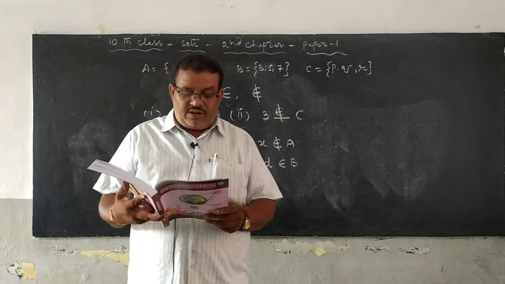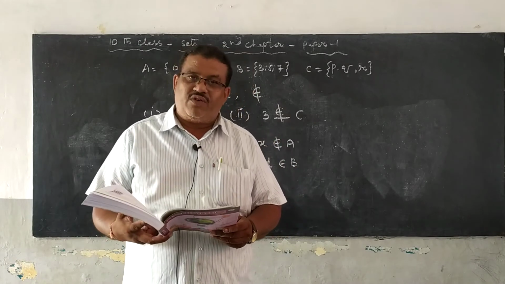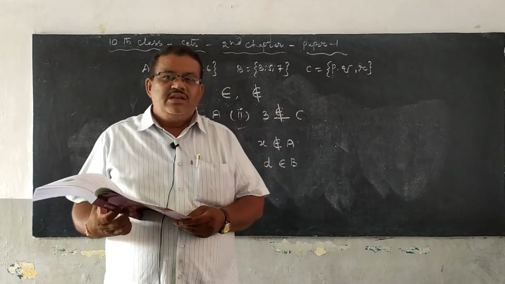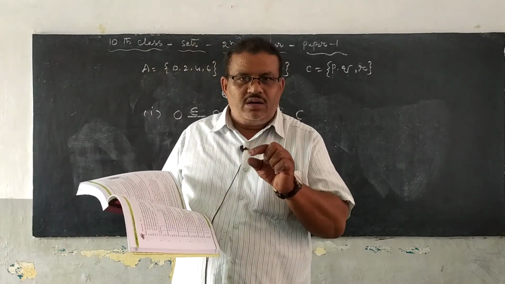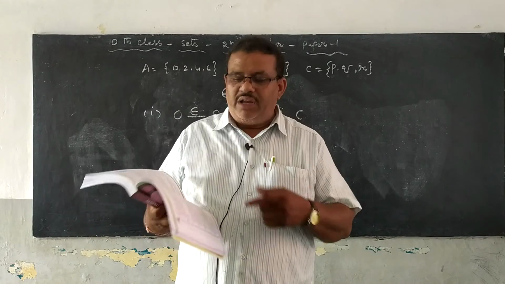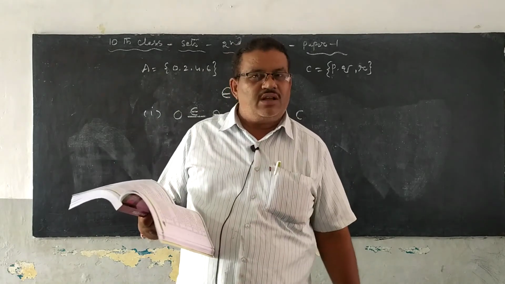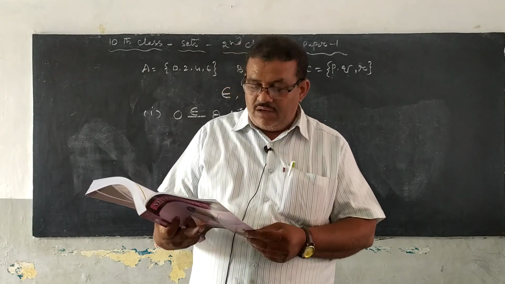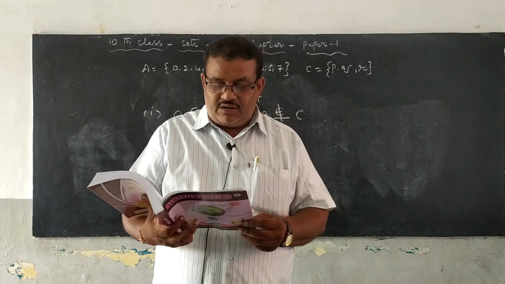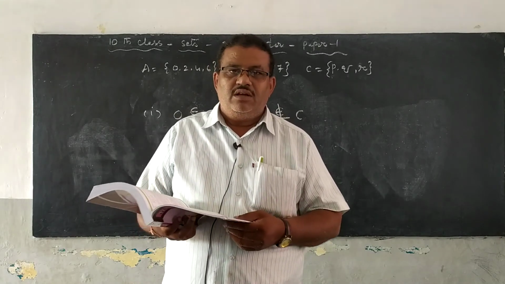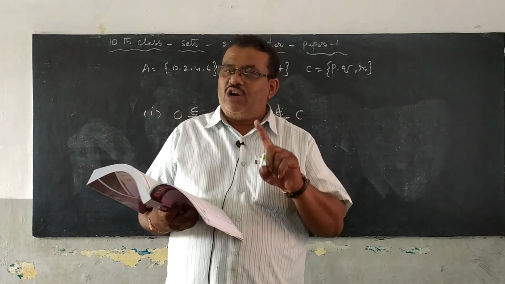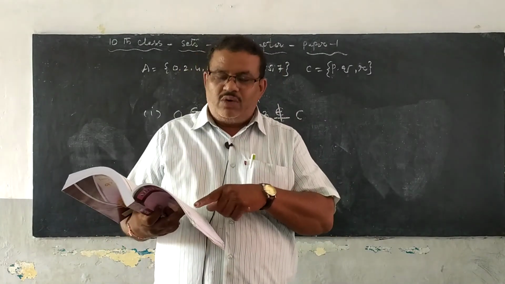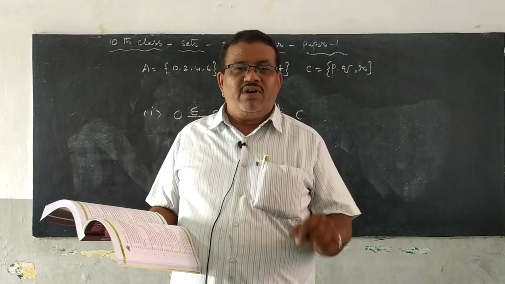Fourth Roman, state whether the following statements are true or false. Justify your answer. 5 does not belong to the set of prime numbers. Is 5 a prime number or not? Clearly 5 is a prime number, but here it says does not belong to the set of prime numbers, so the given one is clearly false. S is equal to {5, 6, 7}, implies 8 belongs to S. In the set S, 8 is not a member, so 8 does not belong to S is the correct answer, but they gave 8 belongs to S. So the given one is false.